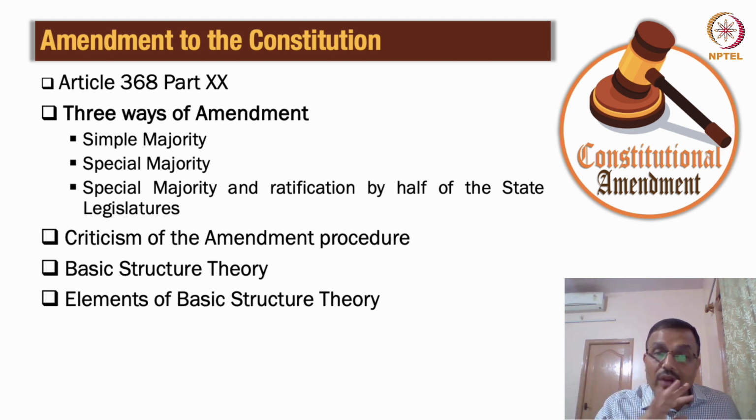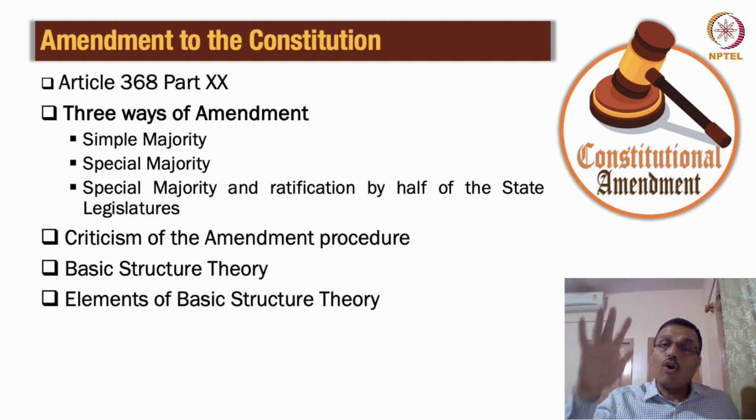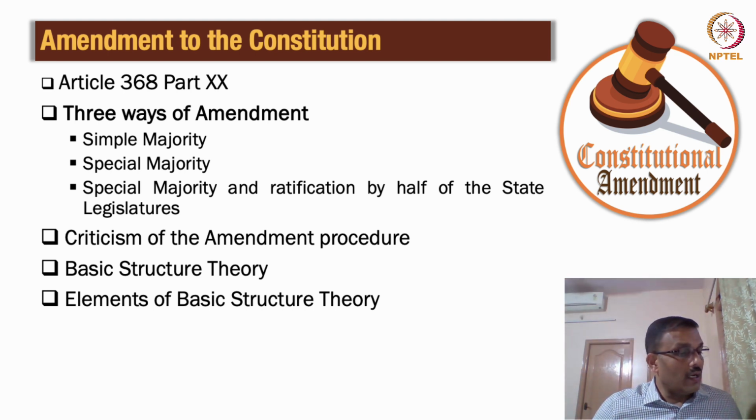I think it was very clear by this time that the Supreme Court was winning the battle in trying to protect the Constitution, to protect rights in the Constitution, to protect citizens' interests, and also to lay down a new principle of constitutionalism, saying that judicial review and rule of law are the basic structure of the Constitution. So the court in the Minerva Mills case very clearly says that the amending power is always a limited power, and it must be exercised only when there is an absolute need for it.